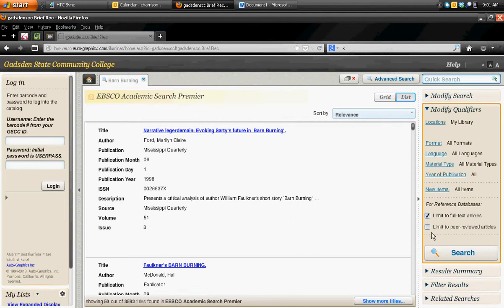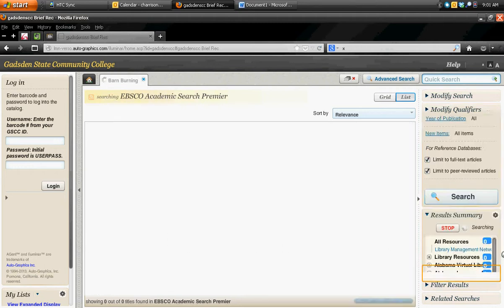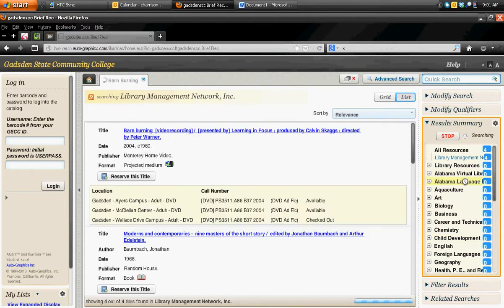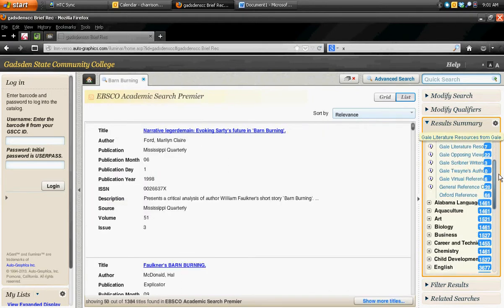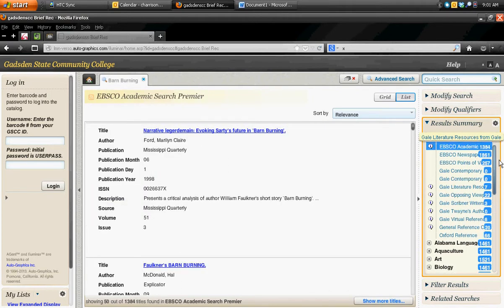And I'm going to limit to peer-reviewed articles. Again, that is what we've talked about, these journal articles. They're written by experts. I click search again, and we'll see that instead of 3,800 or something, I'm down to 1,300, and that obviously narrows my search quite a bit.